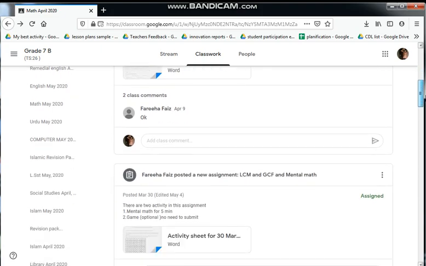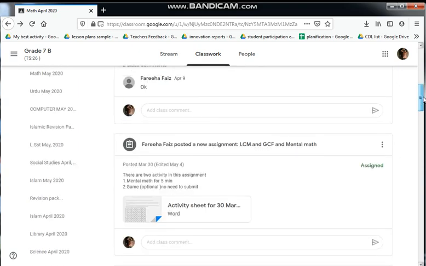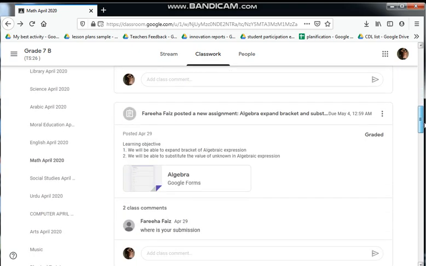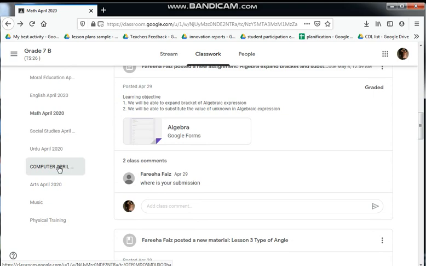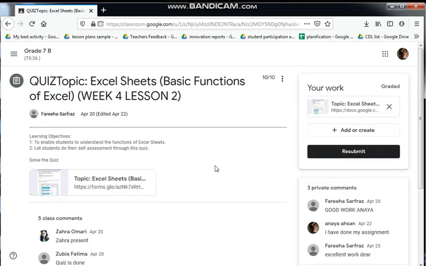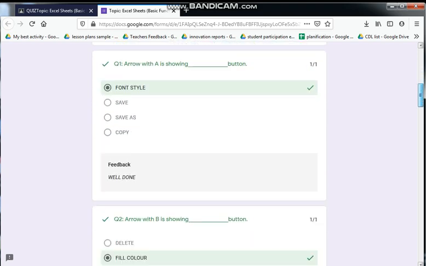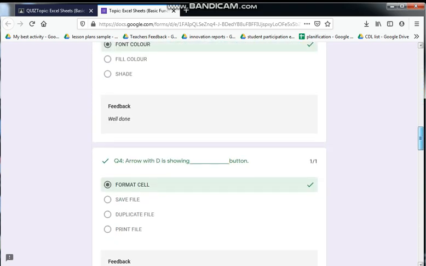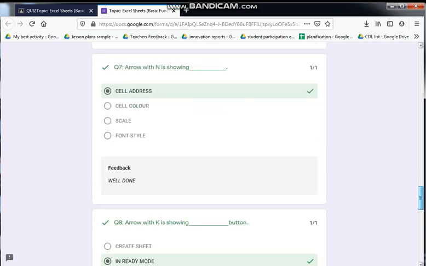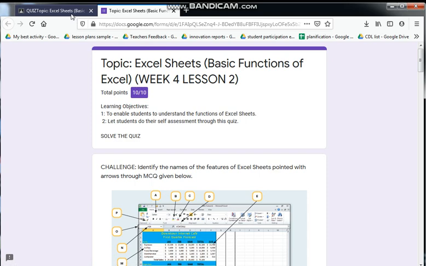And you can also learn through your previous quiz. Suppose there is one quiz. You have already submitted the quiz. You will click on the assignment. Right, there is the quiz copy. The copy is there already. A solved copy of the quiz is there showing the correct answers. Okay. So through these quizzes and assignments and the revision pack, you will prepare for your monthly exams.